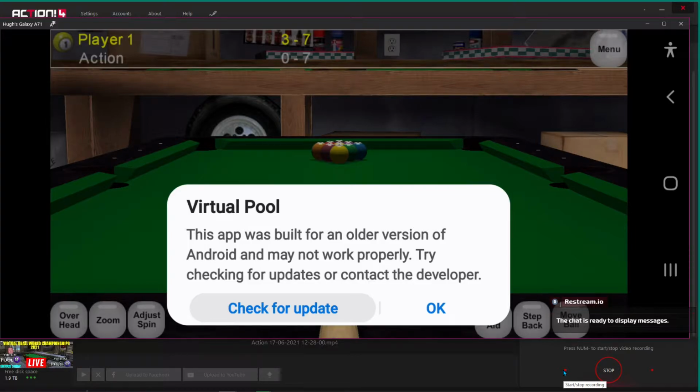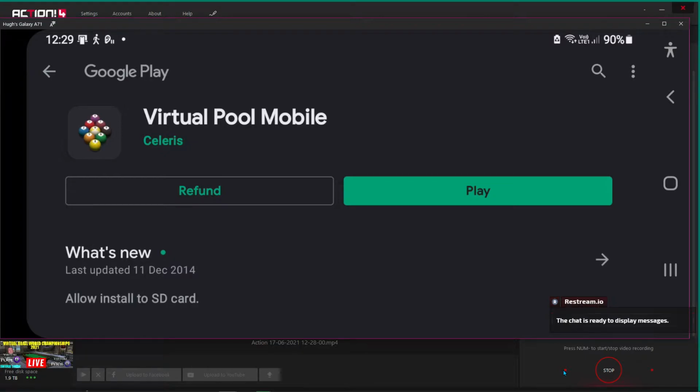And this new Galaxy phone that I've got, which is a Galaxy, what is it, a 71 or something again, I think it's Android 11, and the first thing you get when you install Virtual Pool Mobile is this app was built for an older version of Android and may not work properly, and the first thing that it offers you on the Google Store is to refund the thing, which I find hilarious. It says it may not work properly. Try checking for updates or contact the developer. So you hit the button to check for updates, and it offers you a refund. It's only £1.60 odd, so I'm not going to write a letter of complaint to Steve Chaplin, but